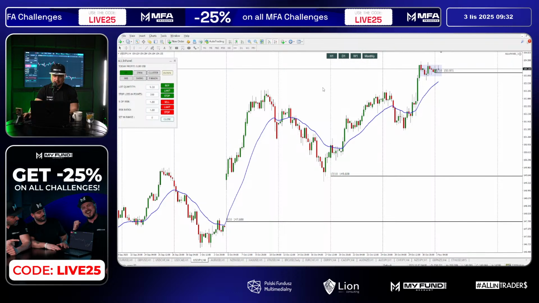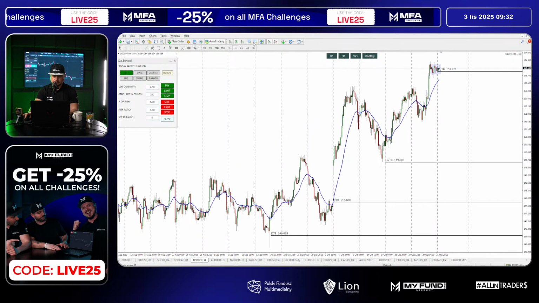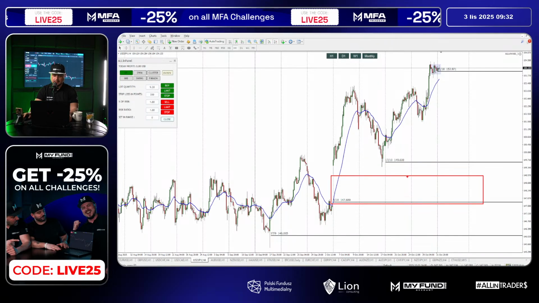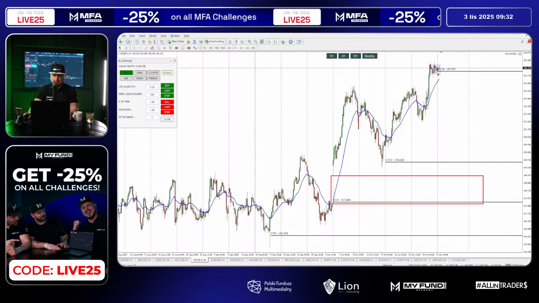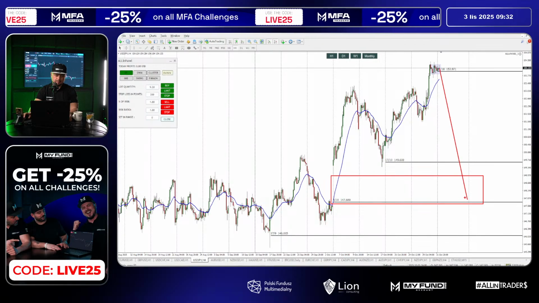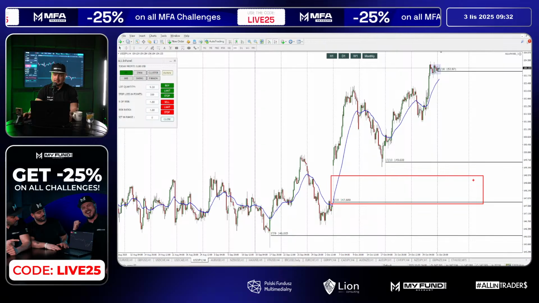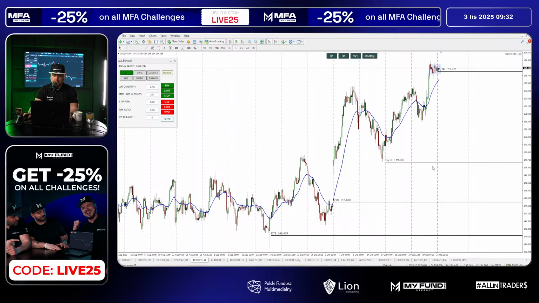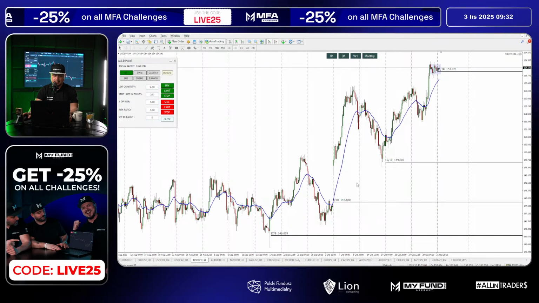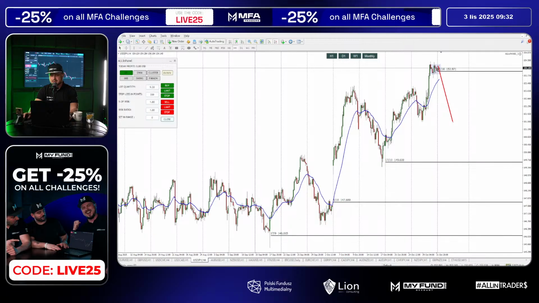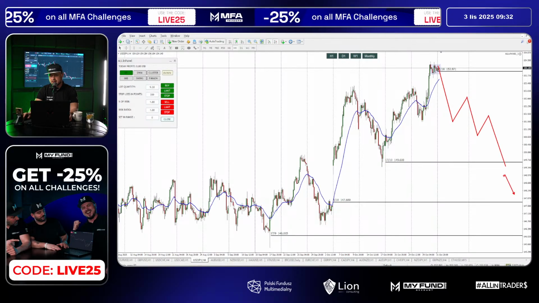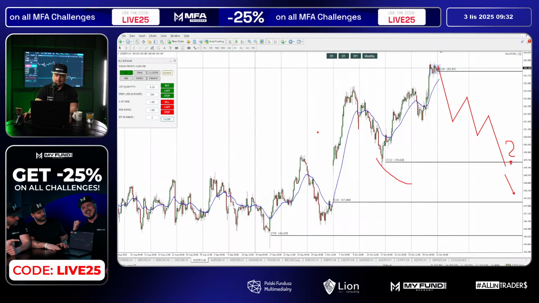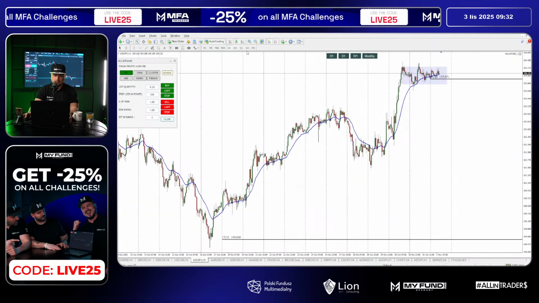Okay, let me check 4-hour time frame. We still got gap over here, but I'm not gonna focus on this gap because they might come back to this gap this week or maybe next month or maybe next year. So we don't know that. Okay, so I'm not gonna focus on the gap. I know it's there, but if the price gonna be on the way to that gap, I will think about it, but not at this moment. Okay, doesn't matter.